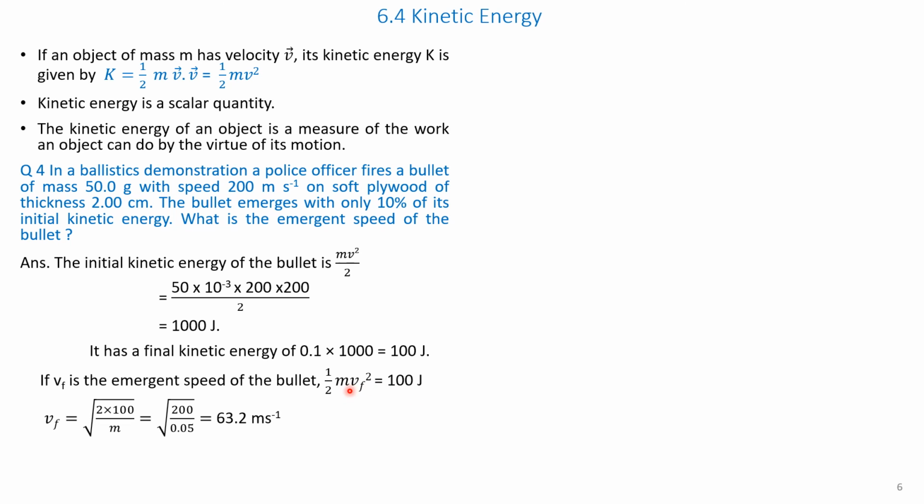Therefore, we have to find vf from this relationship. vf is equal to the square root of 2 into 100 divided by mass m, that is 200 divided by 0.05, where 0.05 is the 50 grams converted into kgs, that is equal to 63.2